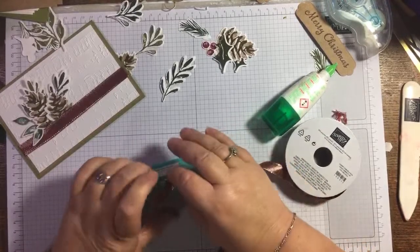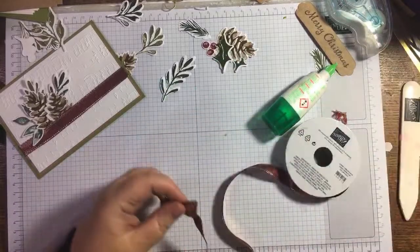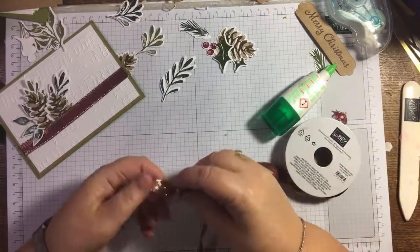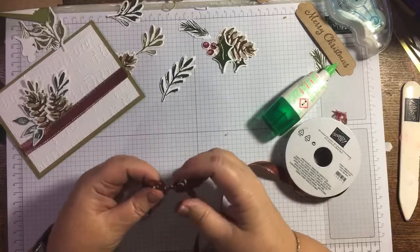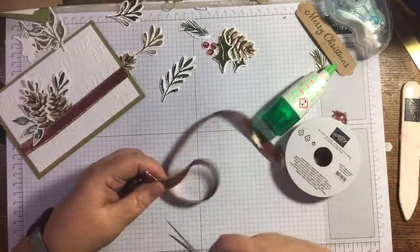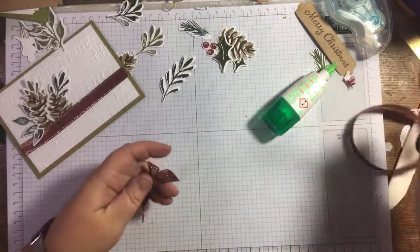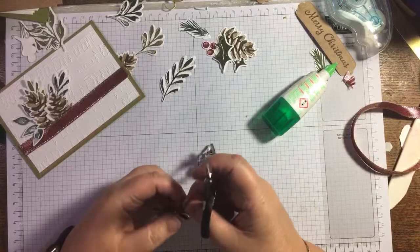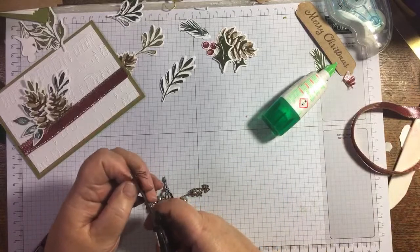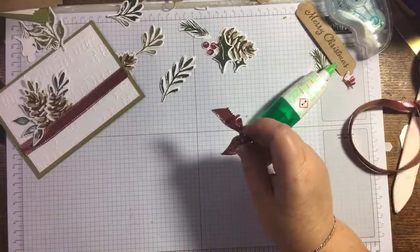So tie it really tight, and that's it, and then just take it off again. It's just like a wee jig thing, isn't it? Faff about with your bow tie, it's how you want it. If you cut it diagonally, that kind of stops the fraying a bit. And then you want